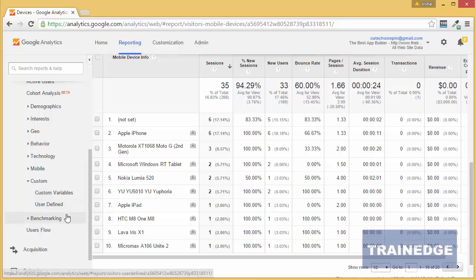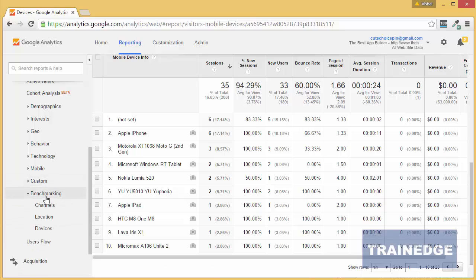The benchmarking report provides you industry specific information, and helps you understand how your site is doing compared to others in the industry.